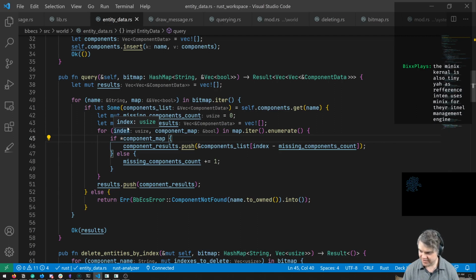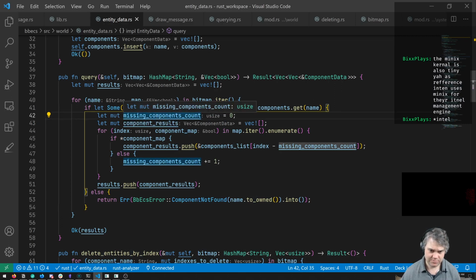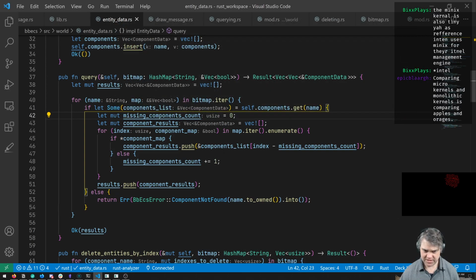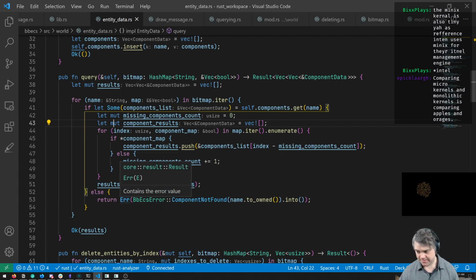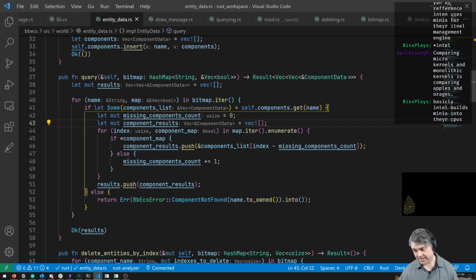The Minix kernel is also tiny. As a reference, Intel uses Minix for their Intel management engine. Okay, I don't know very much about embedded operating systems, so it'll be interesting. Maybe sometime we can play around with them. We would need the hardware chips to use it on, and so far I've only tested stuff with a Raspberry Pi, and not anything else.